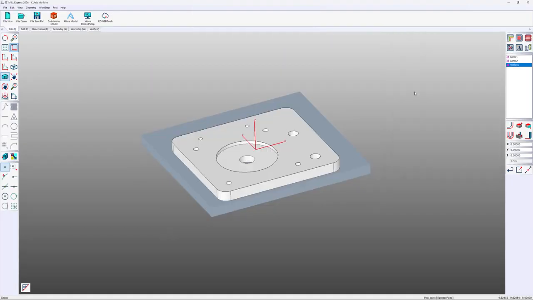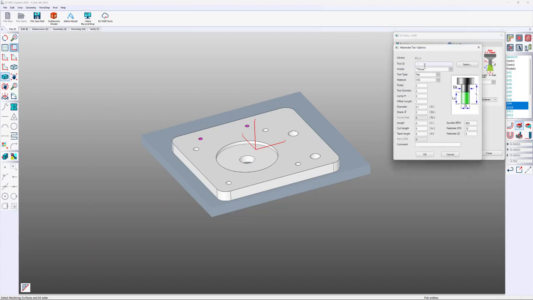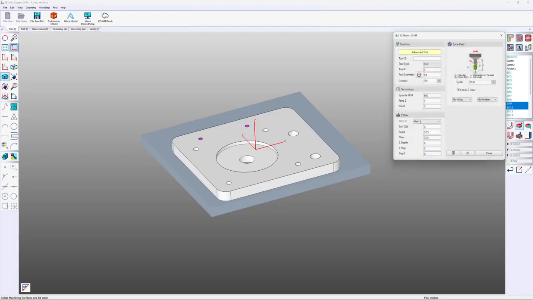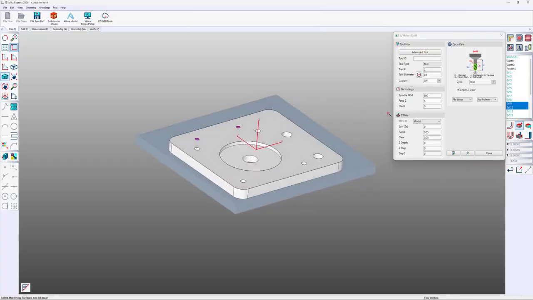Now everything else is a drilled hole. I'll start us off with the smaller hole. SmartClick finds all the holes of the same diameter. This would be tool number 2. So this button here calculates the diameter of the hole. 0 for depth. EasyCam looks at the surface walls. Change this to a drill. Drill tip angle of 118 degrees, so that EasyCam feeds enough through the part to get the tip all the way through.